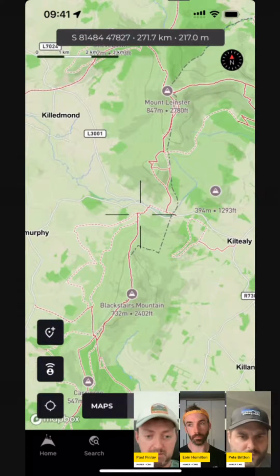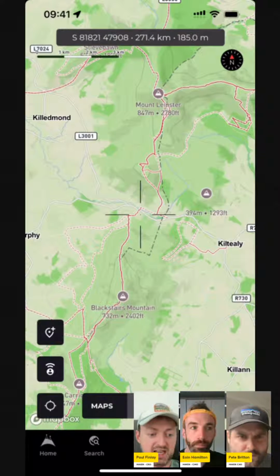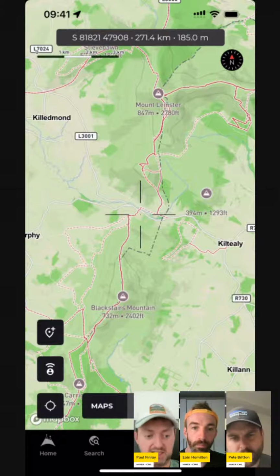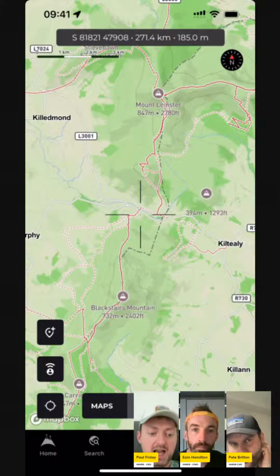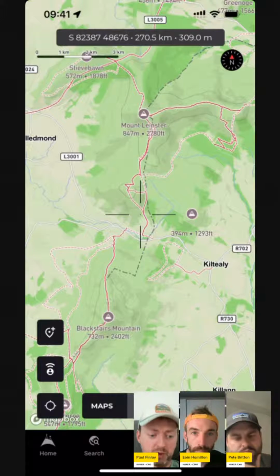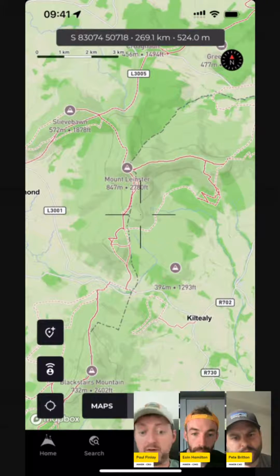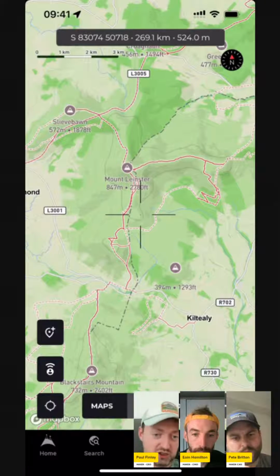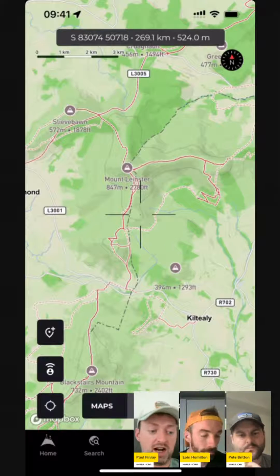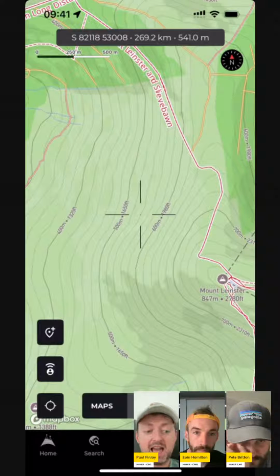So now, if you can see it, my coordinates bar at the top, just at the very top of the map, where it says S818, and then in the second section it says 47908. This is a really convenient element that I think is one of the most helpful elements to coordinate with waypoints. So if, for example, Pete calls me up and says, hey guys, I'm not sure if you've ever been to Mount Leinster, but there is, and there isn't really, but anyway, let's just play in this scenario. There's an amazing crash site there. You have to go see it. That crash site is at